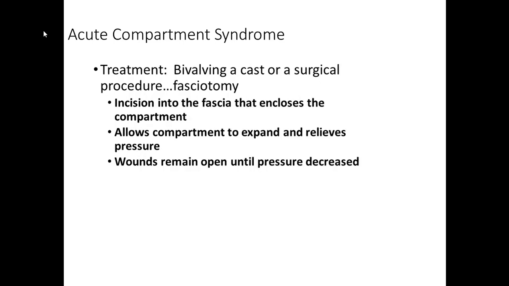Getting ahead of myself. So treatment: we're going to cut that cast, or we're going to give them a fasciotomy. So that picture with the football shapes carved out of the legs, that is honestly what they do. They cut the skin and then they cut the fascia, so that the muscle and the nerves can all expand with the swelling or the blood or whatever have you that's in that compartment. When you cut open that fascia, it gives it room to go. And the person will stay with those open, football shaped wounds until they get better.